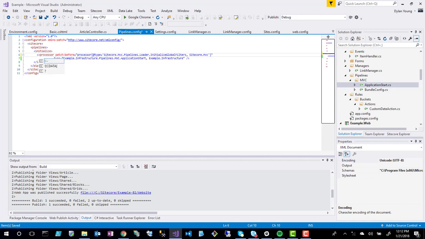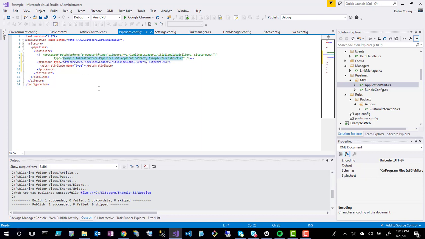Show how this kind of works. Just comment this guy out again, and then that way I can have it back. And then I can do a processor of, or type this, and then I will do a patch attribute name being the name that you want to patch. So it's not the name is not this, for example. It's the name of the attribute you're trying to patch. So I'm trying to patch the type up here. So I would call this type, and then I would set the value to